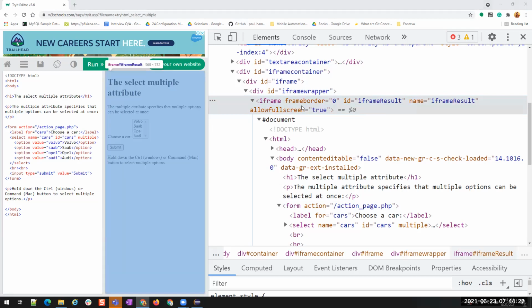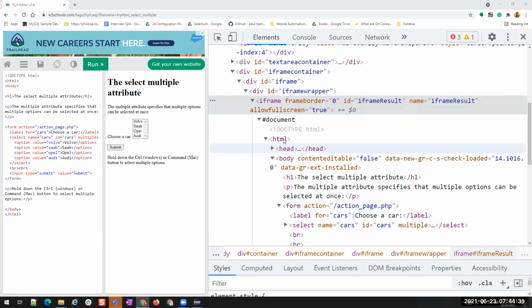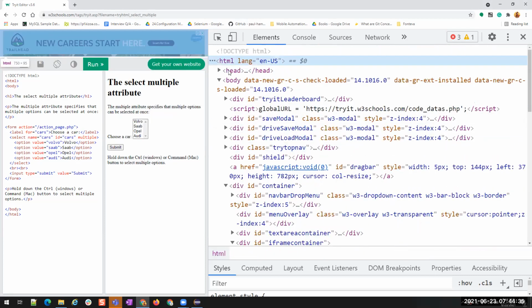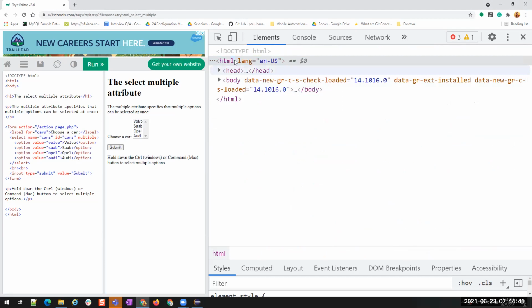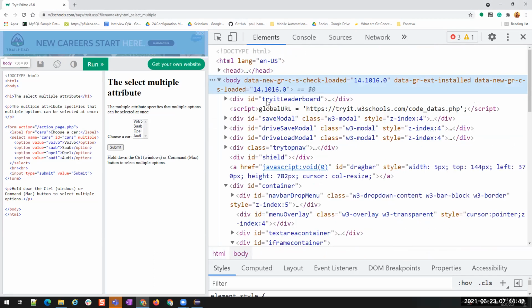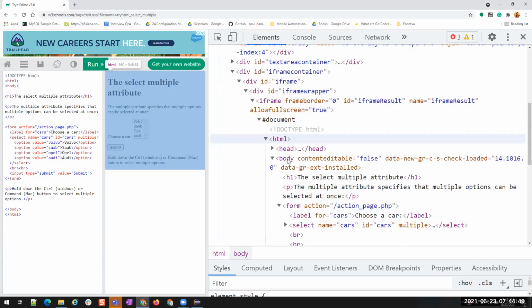So why is this iframe present in between, and why do you see again an HTML tag? Generally, when HTML starts, you will see html and then head and body. Everything, whatever code you write, should be inside an HTML, and HTML has head and body. That is fine. Then inside the body, again you see an HTML, head and body.